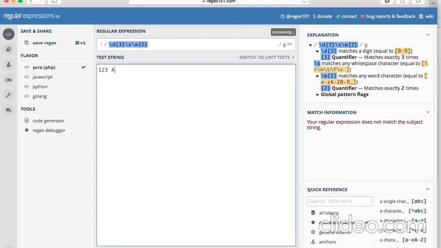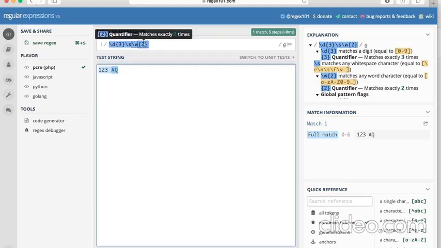So if I give A, now AZ, it's giving me a match. Now if I try to change this, if I give 9, it still matches. If I give star, it doesn't match because star is not included in this character set. If I give Q, it gives me a match because Q is included in this character set, and we have this count of 2, A and Q in the last position,